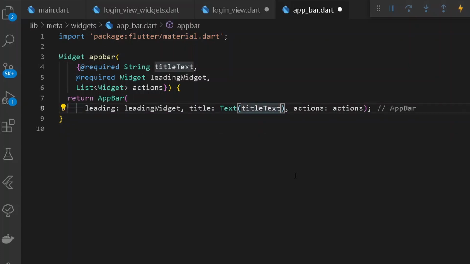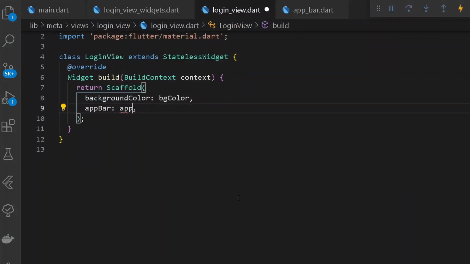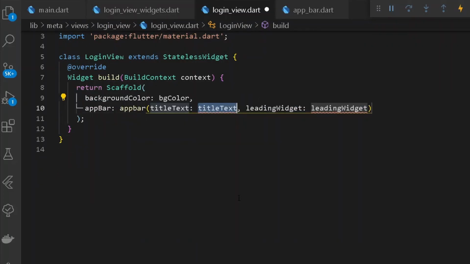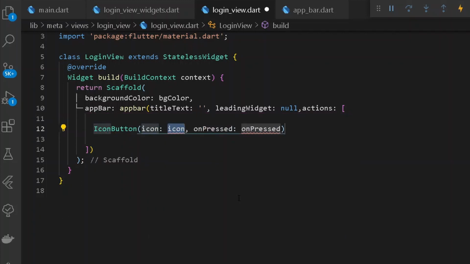So now what we can really do is add some styling to our entire text. Now let's move under our login view, and here let's have the following flag of an app bar. Here we shall be requiring a title text, but it shall be empty for now, and also under the case of leading widget it shall be null. But here under the case of actions we shall be having a list of all the actions. For now we shall only have an icon button for simply navigating to the original page of our application.